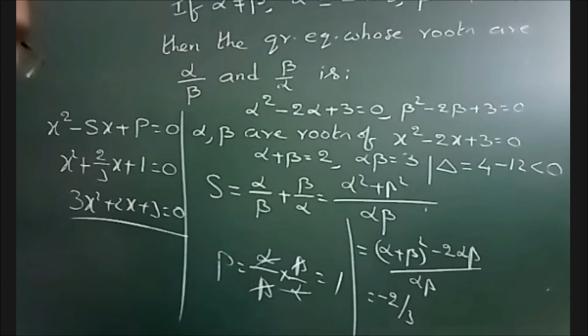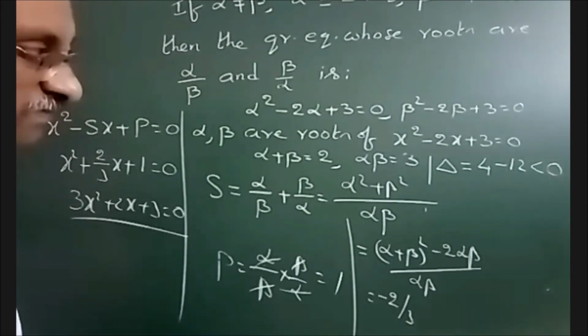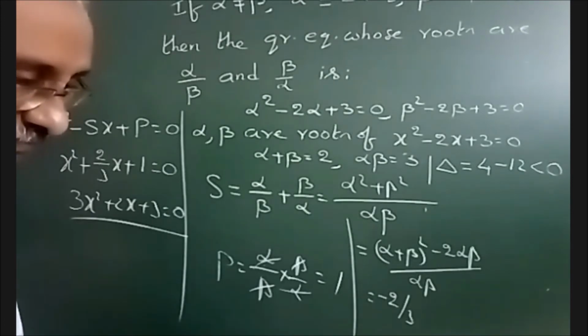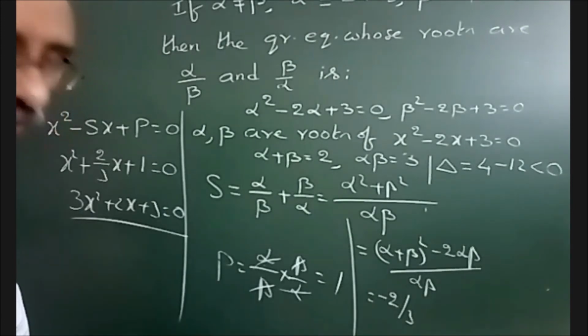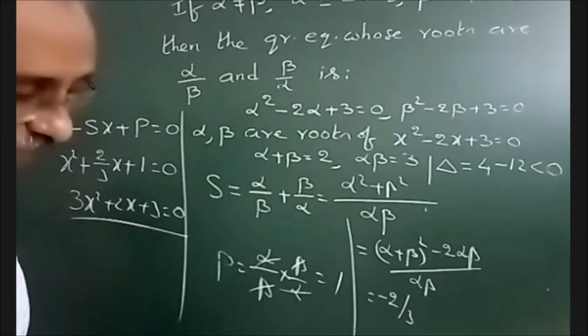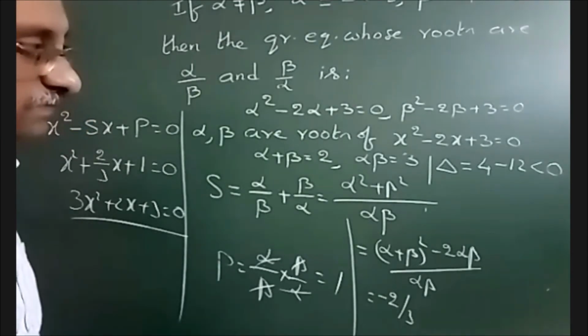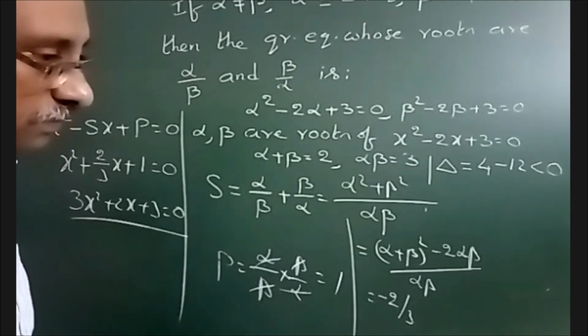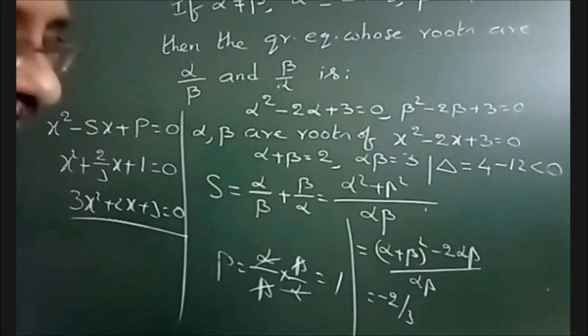Harshit: Sir, alpha comma beta are the roots of x square minus 2x plus 3, no, sir? Yes. Sir, we can directly substitute in the formula and we get two roots, no, sir. Then there are alpha comma beta, no, sir. Then we can directly find alpha by beta and beta by alpha, no, sir. Yes, we can find, but what are the roots? You tell me. Sir, x square minus 2x plus 3, if we substitute in the formula, sir, minus b plus or minus root of this. You do that and tell me what are the roots.